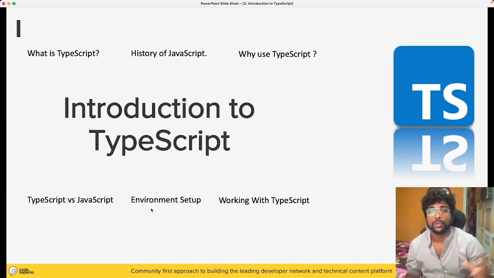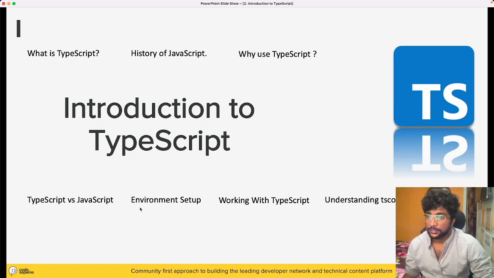Then we'll see how to work with TypeScript, right? If you take the example of Java or any Spring Boot application, you need to install a Tomcat server and Maven. In the same way, with Node.js, you install Node, NPM, all of these. But what exactly is needed for you to work as a TypeScript programmer? What software is needed, and how can you club all of those and execute your program so that you can see the output clearly? So we'll work on how you can work with TypeScript in your regular life.